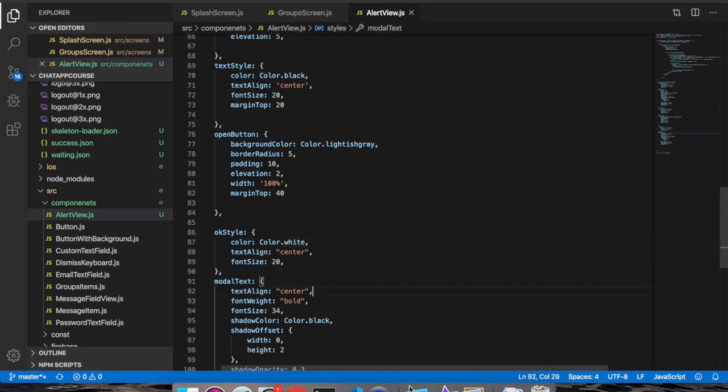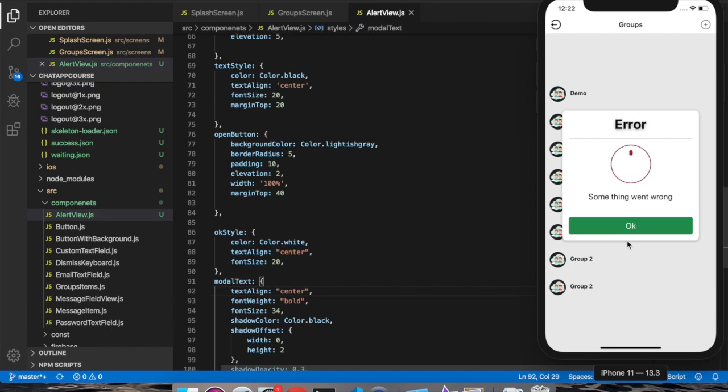Let's give it white. Okay, so we got this nice looking animation,